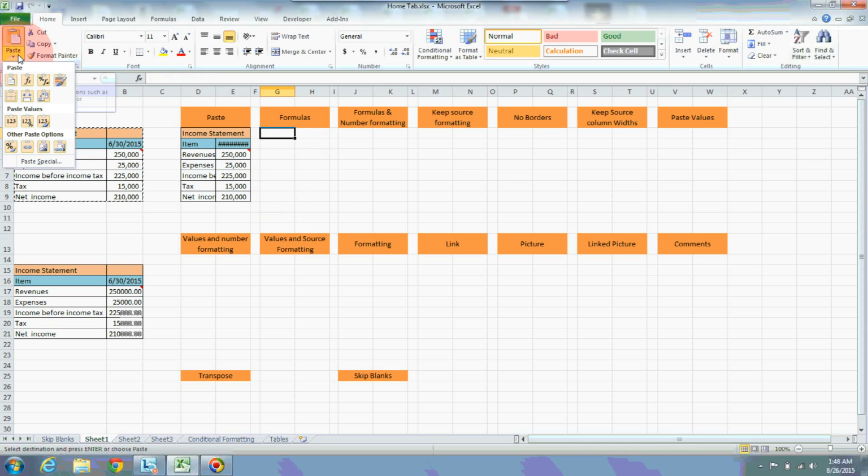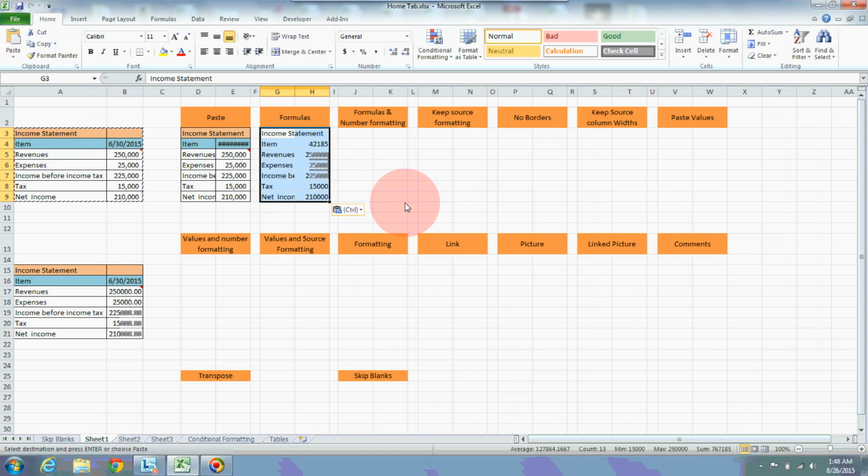What is our next option? This is formulas. What do you mean by formulas? I am clicking on formulas. If you observe the difference between this table and this table, the first had a heading in orange color, and below the heading it is light blue.